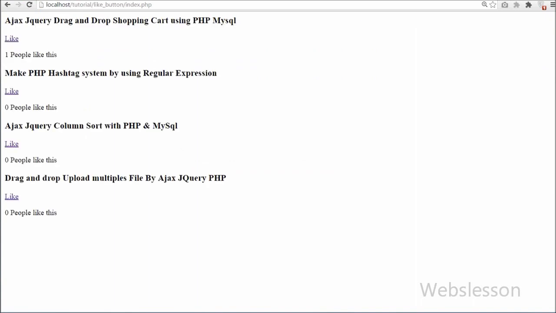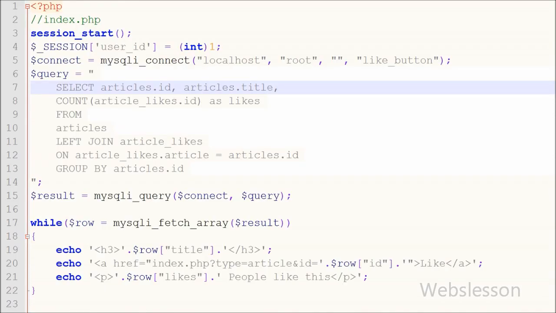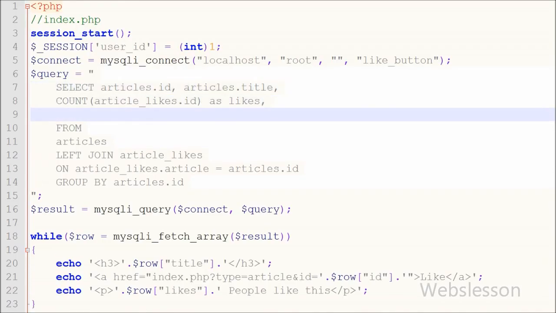Friends, you can see that in the first article only one user has clicked like. When I like the second article, it also displays one like, but when I like the second article again, the number of likes does not change. This is because I have already liked this article. Now I want to display the names of the users who liked the article, so for that I have again gone